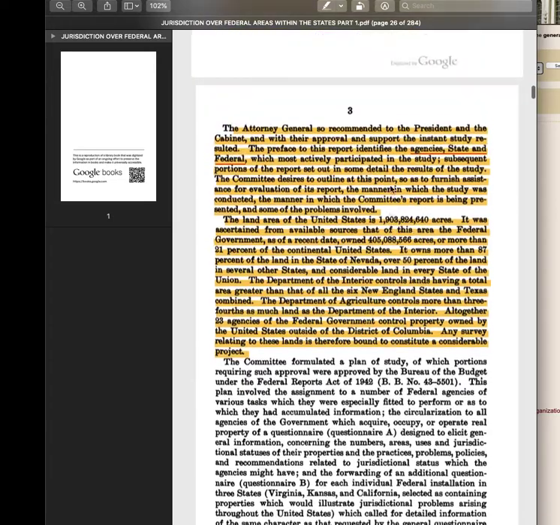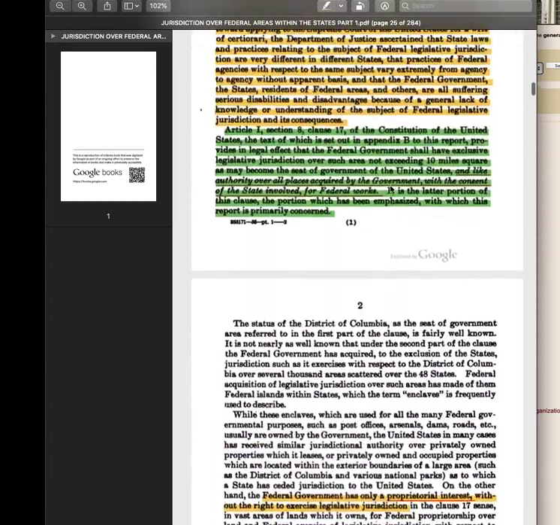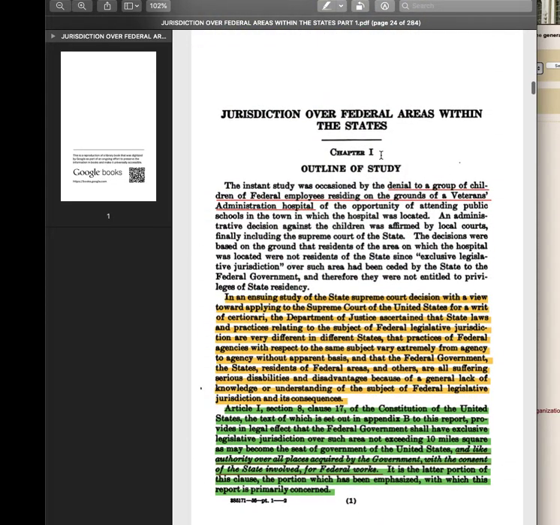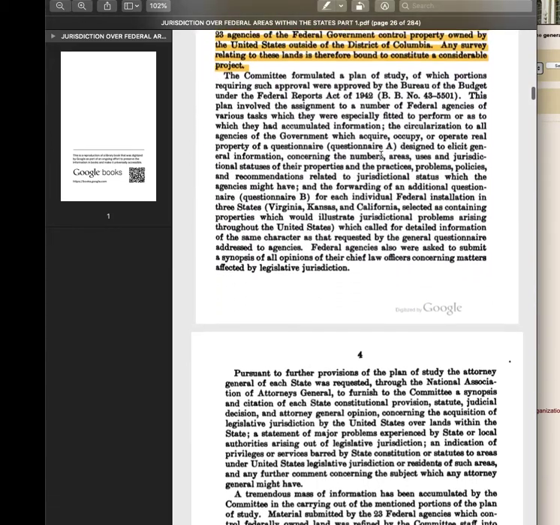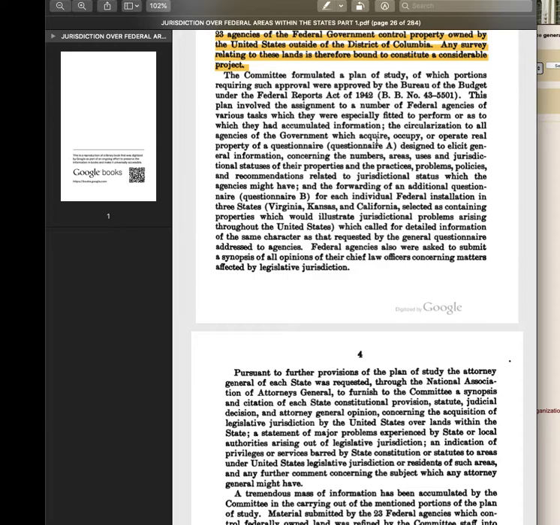And if you've heard my videos 1, 2, and 3, where I go over chapter 1 of part 1, you'll already understand that. It says it in the report. That's not me saying it. It's in the report. It's in the Constitution. The report explains the Constitution. It's in a variety of other places. I'm going to show you a couple.